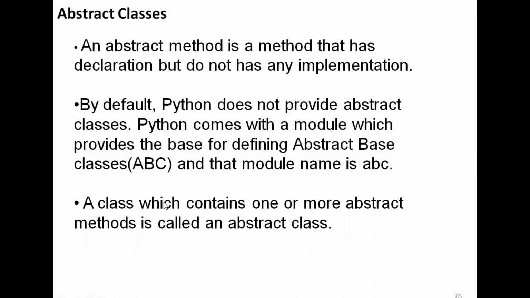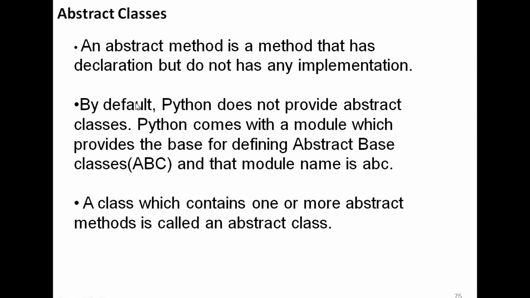Before we start about abstract classes, we should know about abstract method. So what is an abstract method is you have the name of the method but you do not have any implementation. That means you don't have the body for the method. No lines are written inside the body of a method, but you have the name of the method. Then you say such methods as abstract method. Any class that contain at least one single abstract method is known as abstract class.